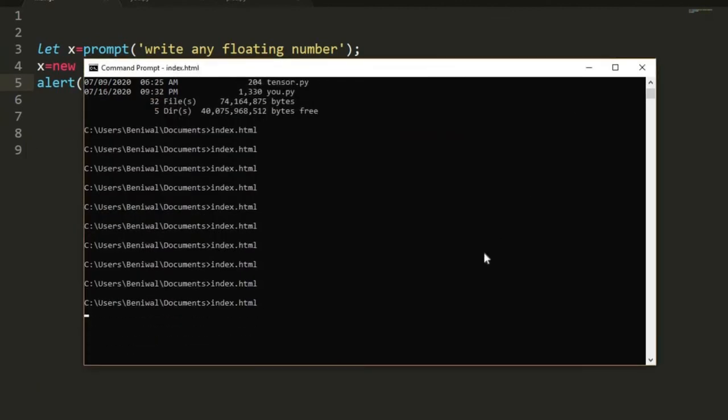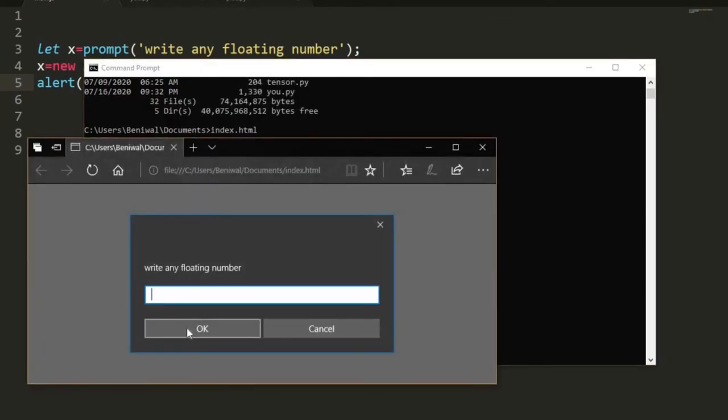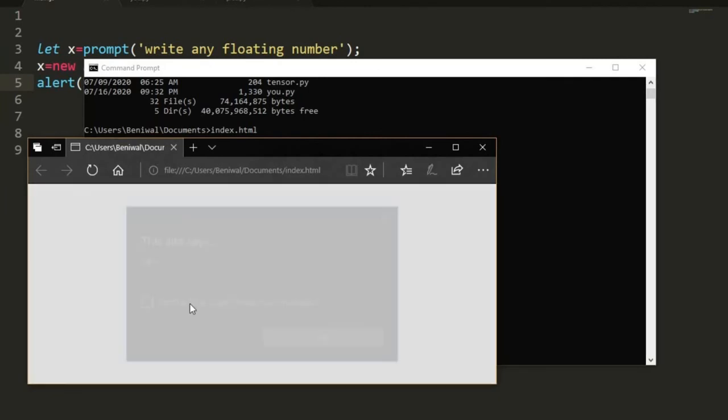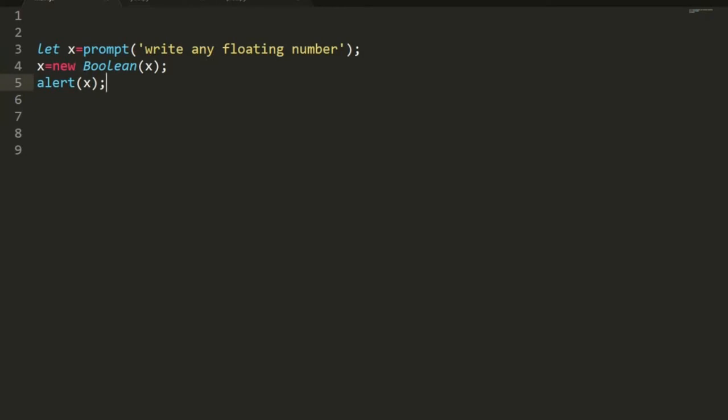And if we run index.html, write any floating point, if we don't type anything in this, we got false. If we use this new Boolean, this method creates an object, but whatever we type, any string, any number, returns true, and when we pass nothing as input, it returns false. In all other cases it will give true. So this is one of the good questions which is asked every time.